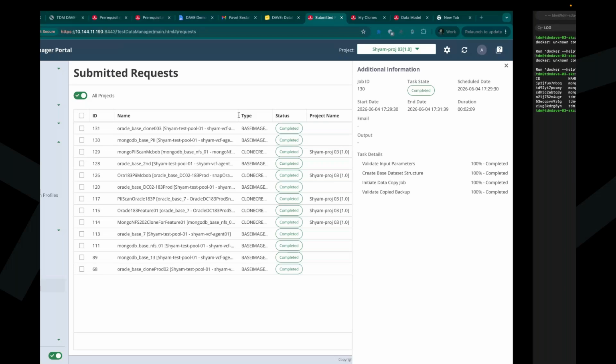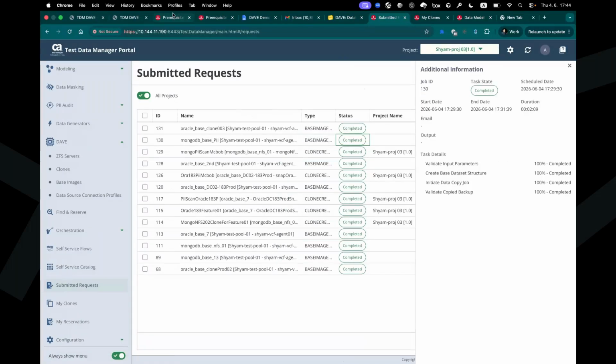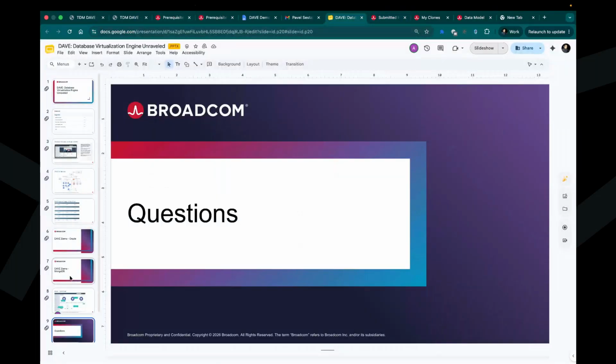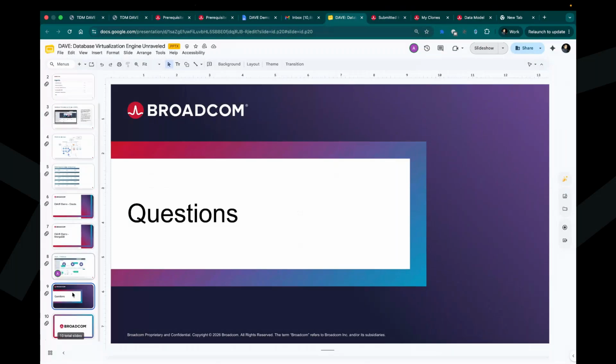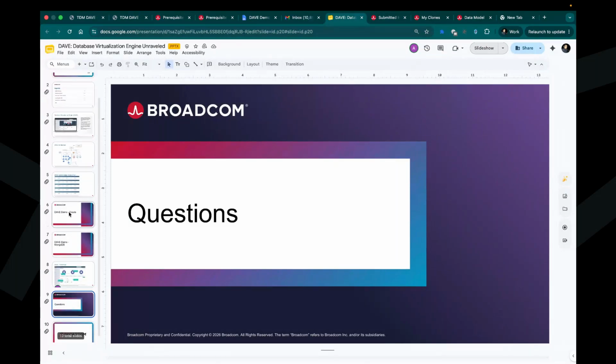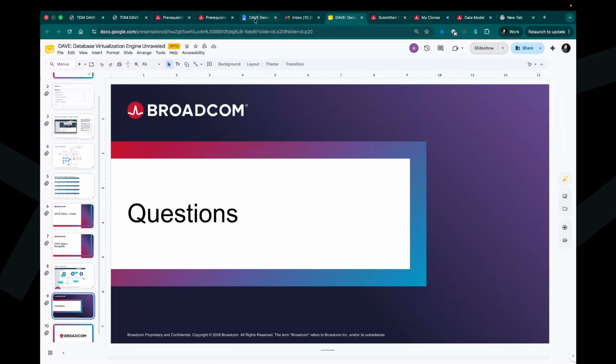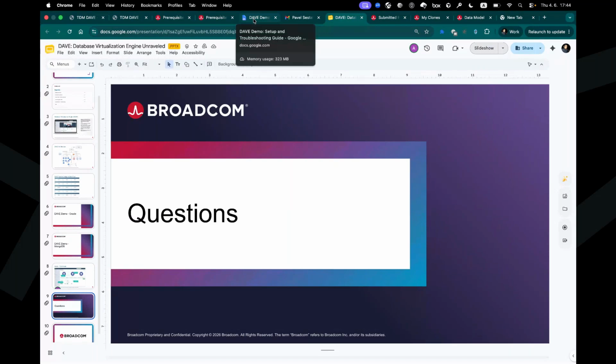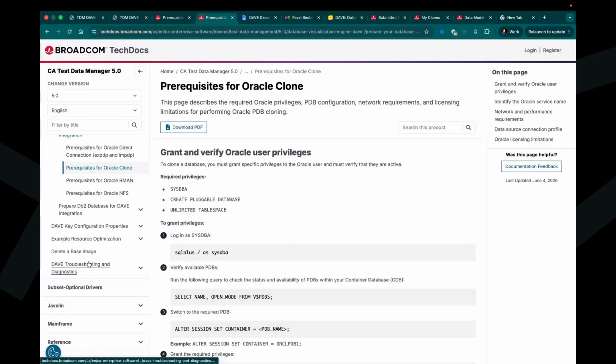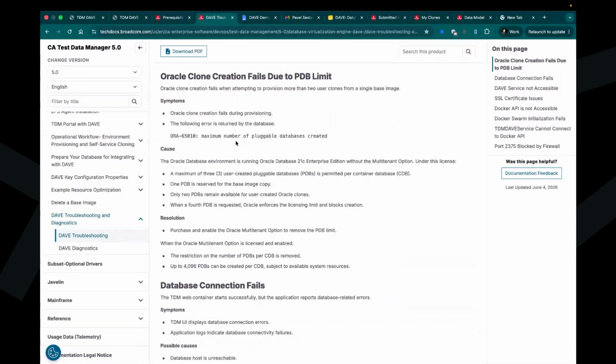Now let me go to the next part, the troubleshooting one. I don't have any slide for troubleshooting because we have all the information here. We face some issues, and we try to add them here. So for example,